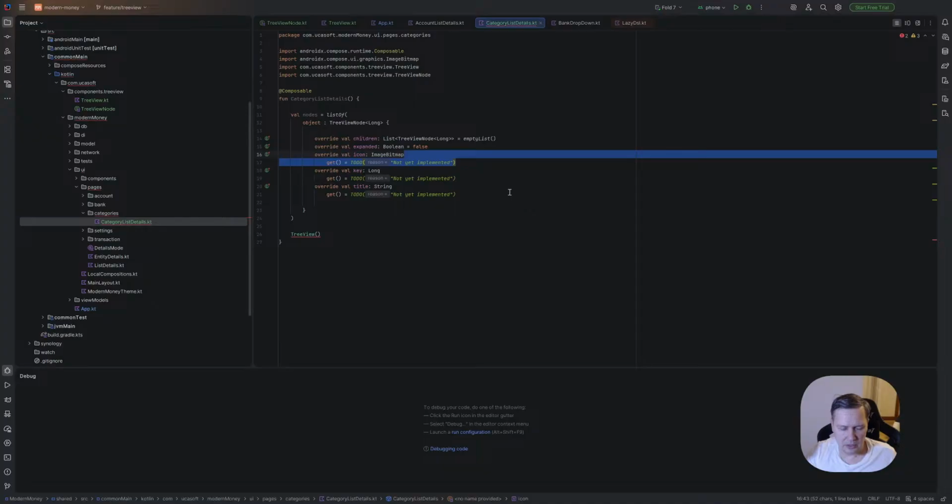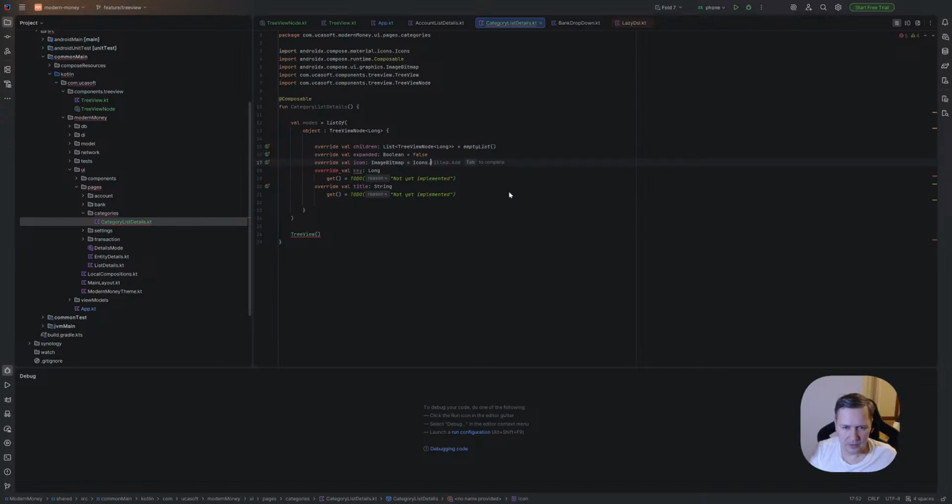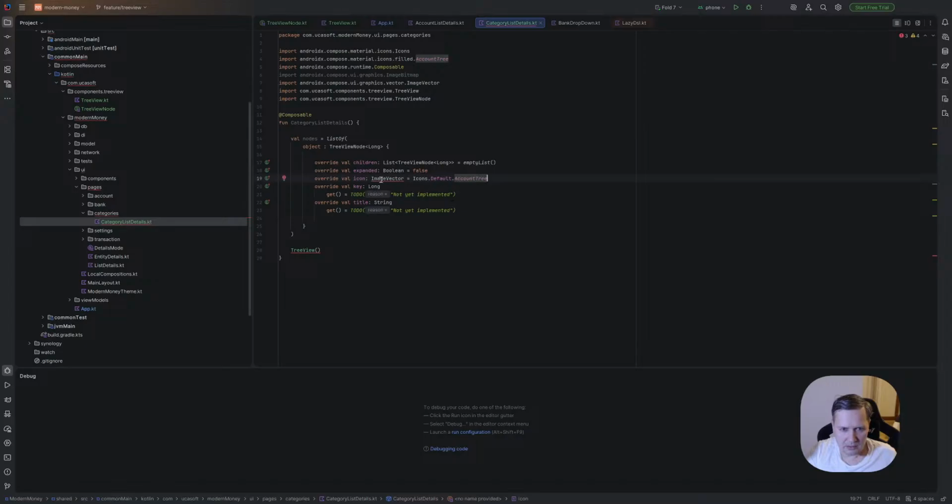For image it can be icons dot default dot account tree. Why not?